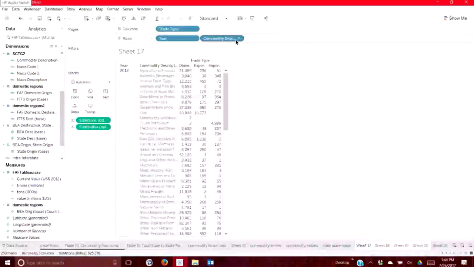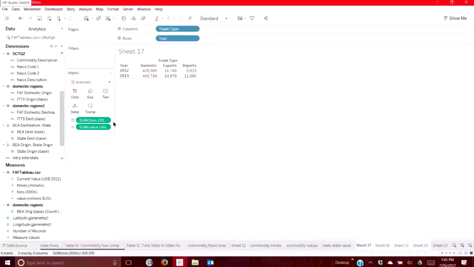Now, I'm not interested in commodity just because it's for the sake of the table. I'm going to remove that as well. Now what I'm going to do, you see I have tons and I have values. I want values to be a text as well. And then I'm going to put in